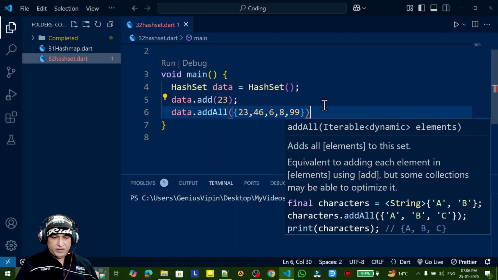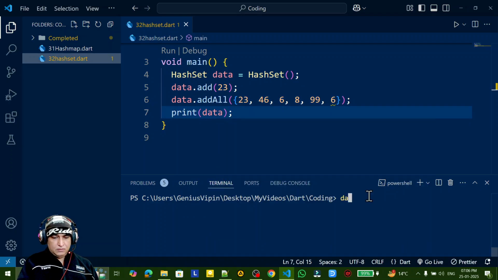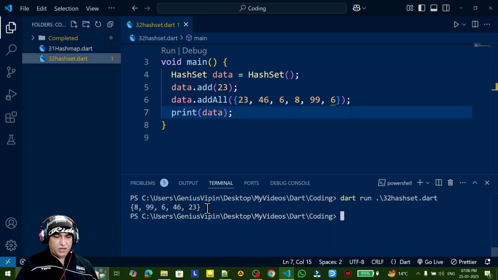So it is a set. Remember that it would not have multiple values of the same type. Values should be unique. Suppose I say 6 here, so it would not take this. Print data.toString(). You see HashSet. So we are having 6 multiple times, but it's not inserting because it's a set, but it is using hashing